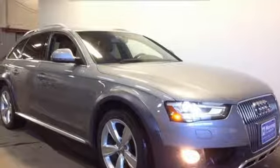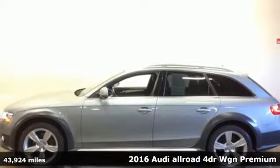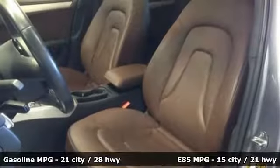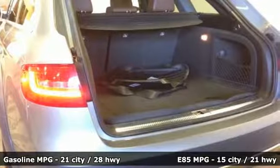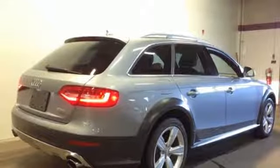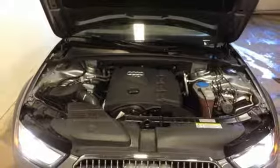It's a 2016 Audi Allroad. Unleash your adventurous side in this rugged yet sophisticated Allroad and surround yourself in premium luxury and cargo capability. It comes with all the amenities you need: external memory control, dual zone climate control, power heated mirrors, power sliding and tilting sunroof, automatic transmission, gas pressurized shocks, AM/FM satellite radio, leather bucket seats, four-wheel drive, and turbo inline four-cylinder